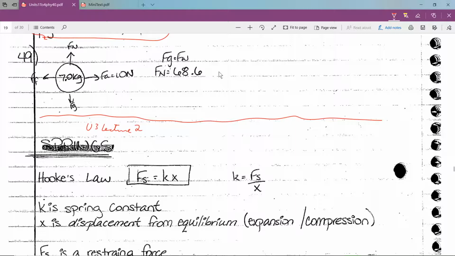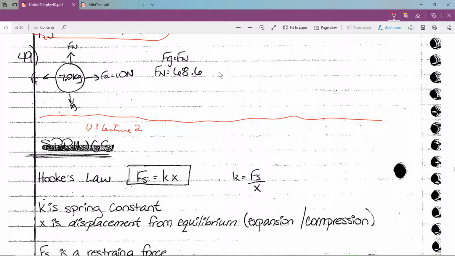We're looking at forces, this time spring forces or elastic forces. You find them in slinkies, you find them in pens, you find them in garage door openers, you find them in ropes, cords, anything that can stretch and then get back to its original location, its equilibrium, is an example